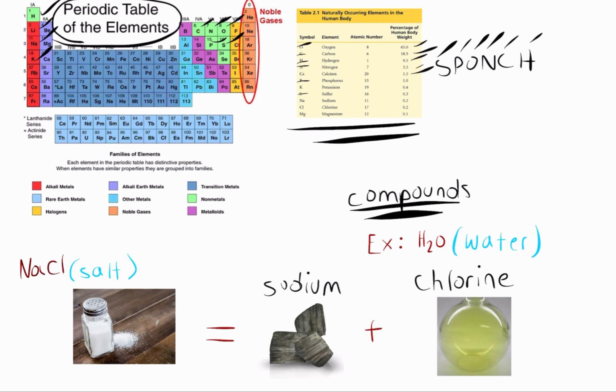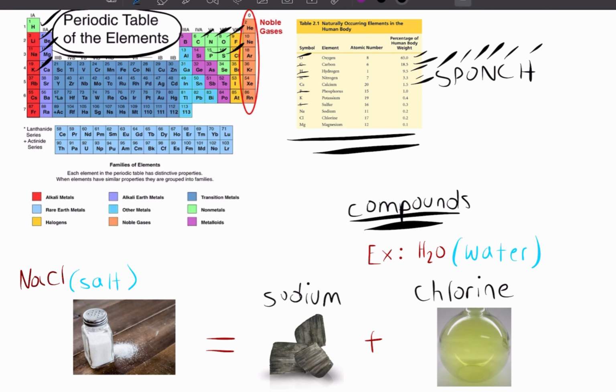Now these elements can then form something called compounds. So compounds are two elements or more that link together, right? And we'll go deeper into that in other videos of how they're able to bond together, right? So down here we do have compounds, and some examples are H2O, which is water, right? And then if we skip over here, we have salt, NaCl, and this is just